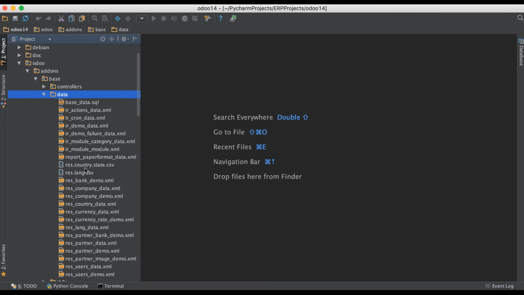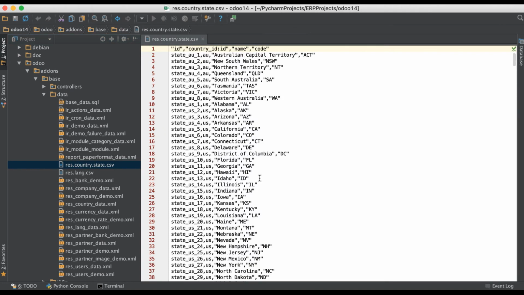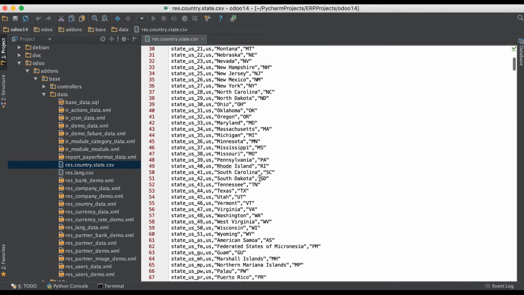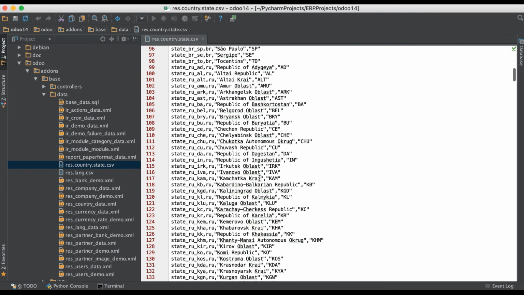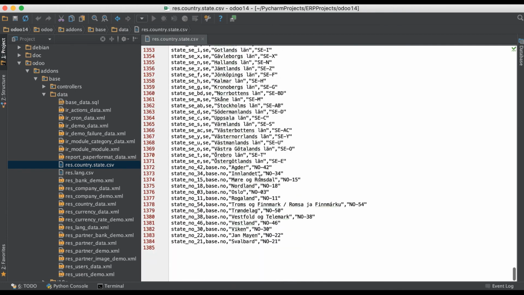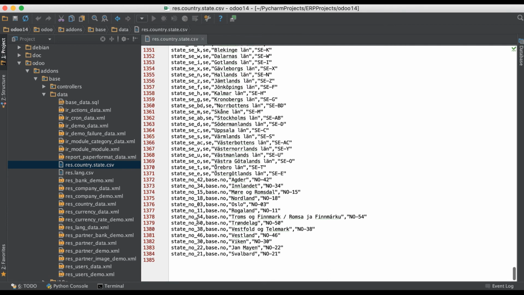So we are going to open this state CSV file. You can see it is defined with state names. You can see 1384 and -1 because of the header part, so 1383 states are available on the Odoo side.